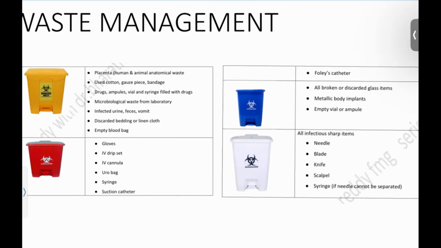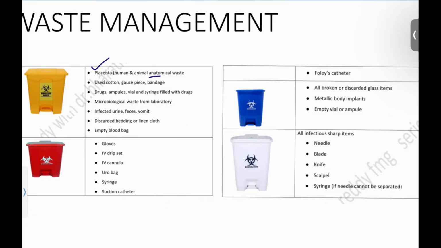In the yellow bin, you are going to throw all the human waste. What are those? Like placenta and anatomical wastes, like if the patient is having any kind of lipoma excision or biopsy products, all these are going to be discarded in the yellow bin. And next one is cotton, whatever the cotton, gauze piece, bandage, and drugs and expired drugs, all this will be